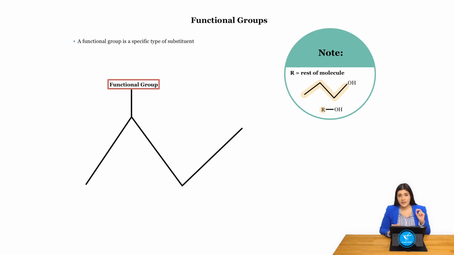So the first thing here that I really want you to know is whenever organic chemistry is referring to R, this is referring to the rest of the molecule. For example, if we were to have some sort of molecule as such, well, this entire carbon chain can then